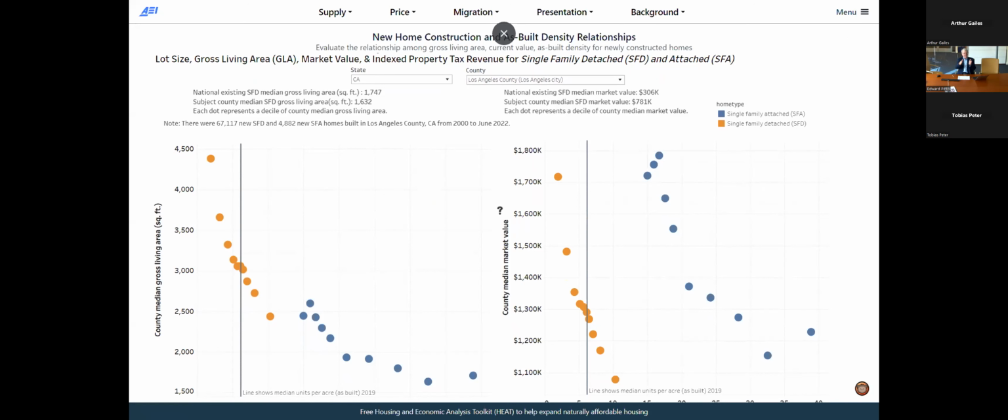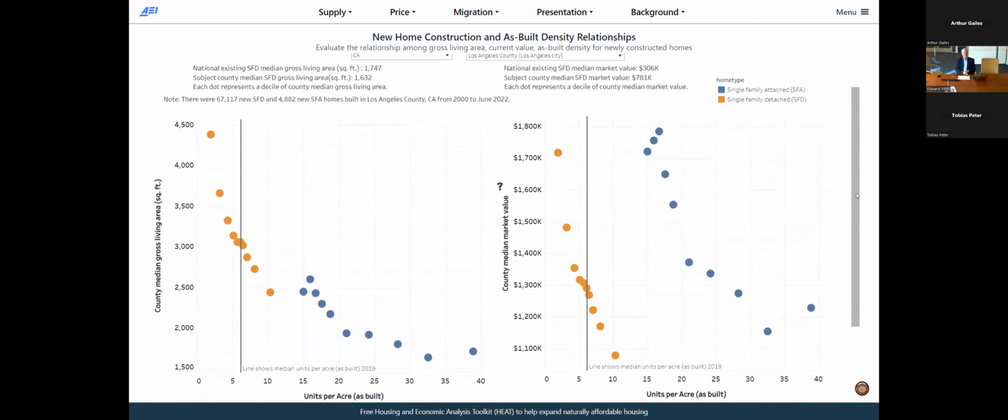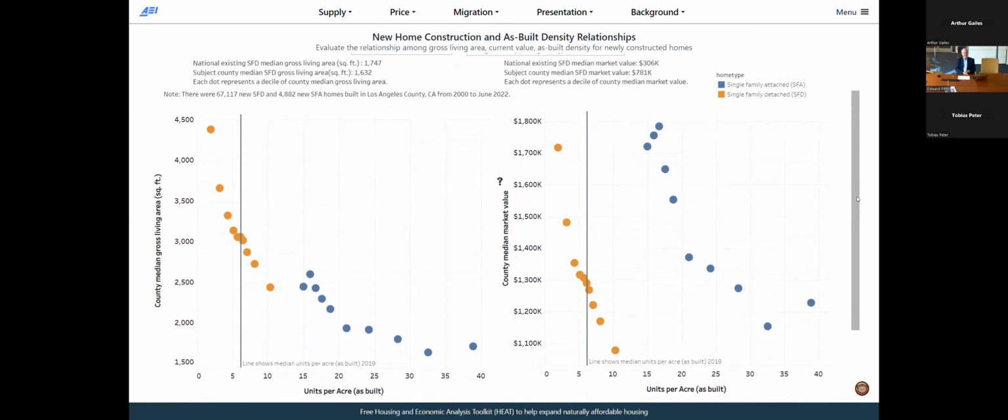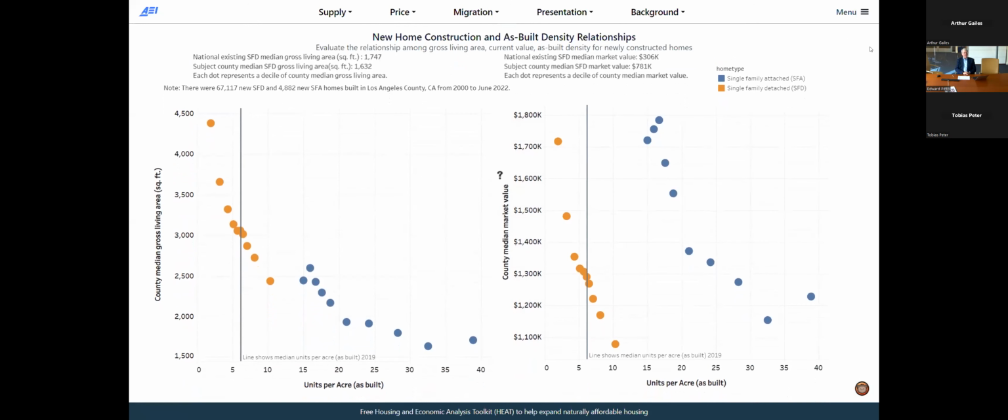We have 2 scatter plots shown here. The gold colors represent single family detached, and the blue represents single family attached. The left scatter plot has gross living area on the y-axis and units per acre, or as-built density, on the x-axis. On the right scatter plot, the x-axis is the same, but the y-axis has been replaced with an estimate of the current value of the units being analyzed